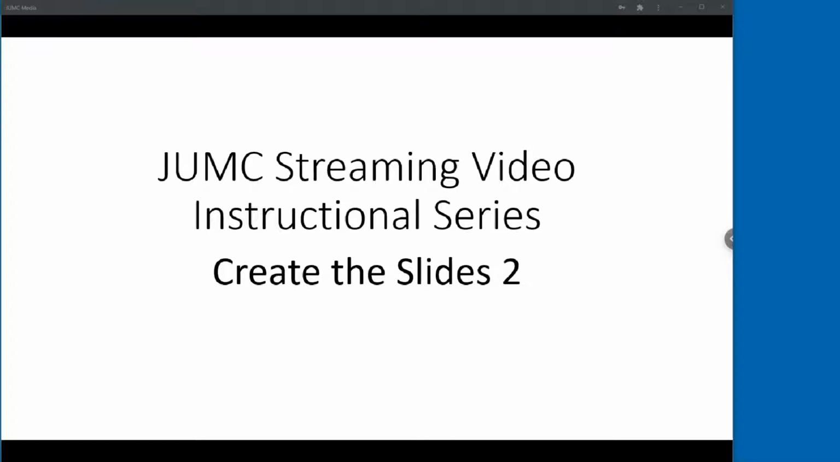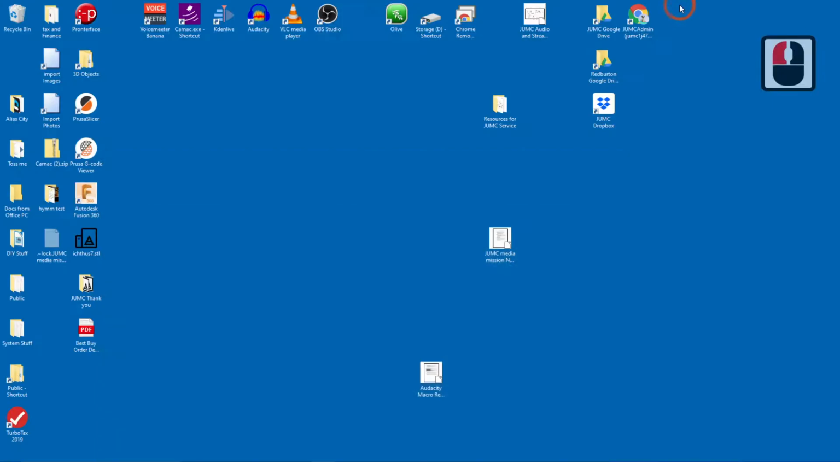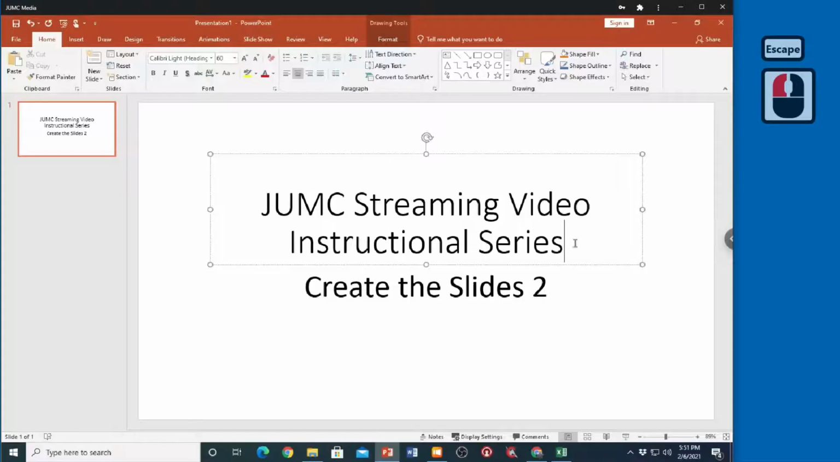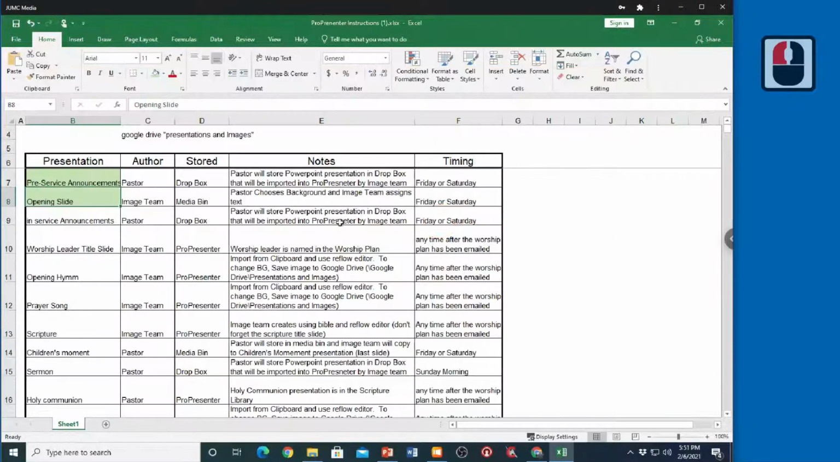Today it's our second video on how to create the slides. If you recall, the person creating the slides during the week makes the ones that get shown at the Sunday service, and we're going to go through a little more detail on how to create those slides. If you recall from the last video, we were looking at this